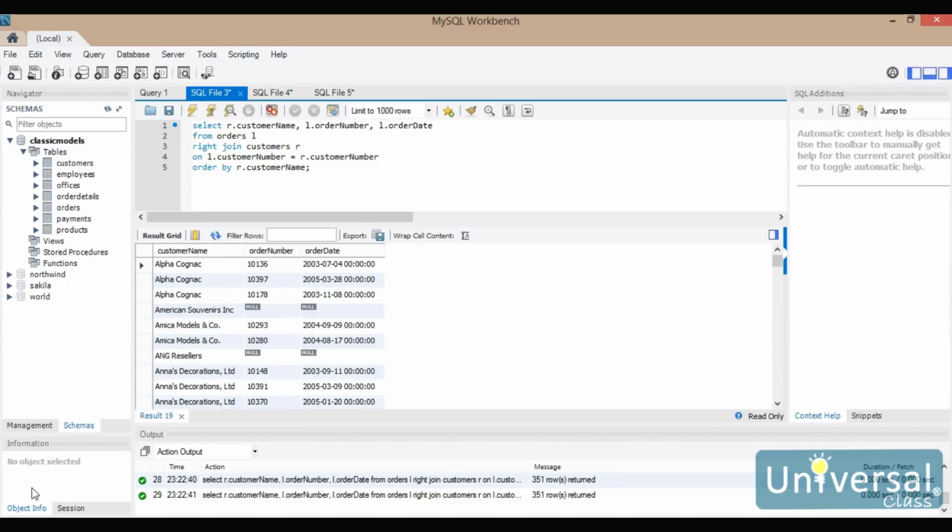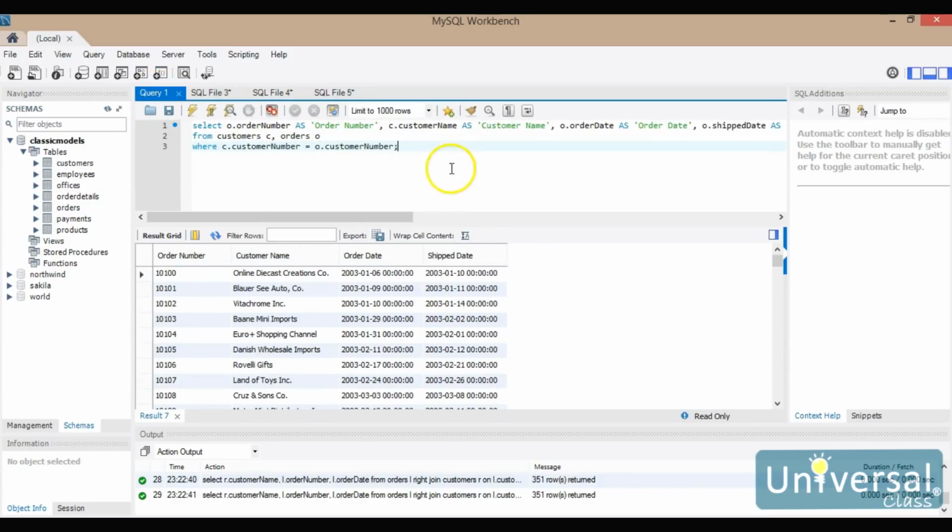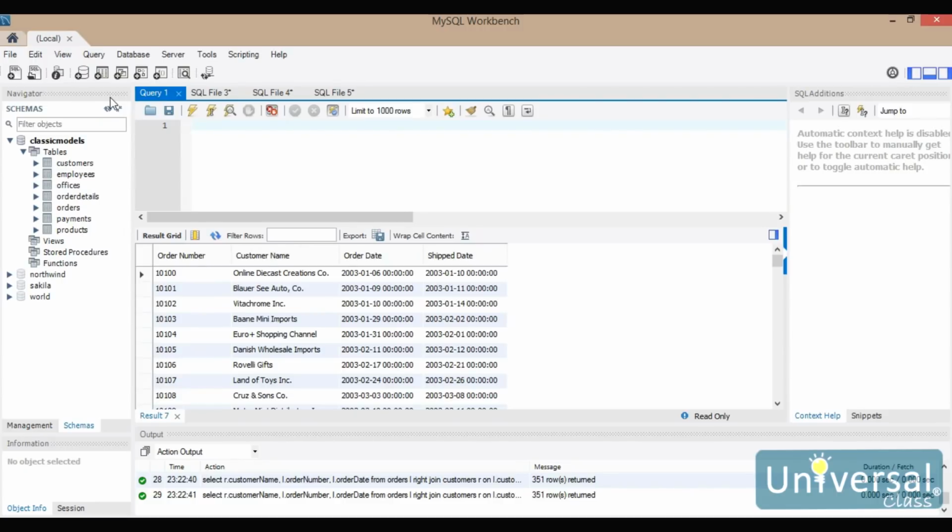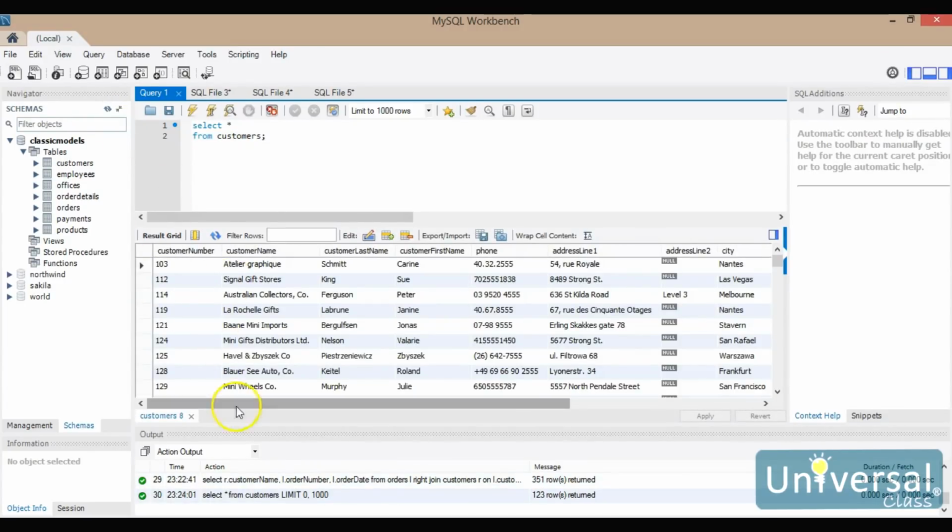So the next thing that I want to play with is what's called an aggregate function, which is technically going to be our sums and averages and counts and max and min and things of that nature. So I'm going to go back to query 1 and I'm going to remove those. And I want to see how many customers we have. And the way that I would do this, if I want to see a list of all of our customers, I say select everything from customers,